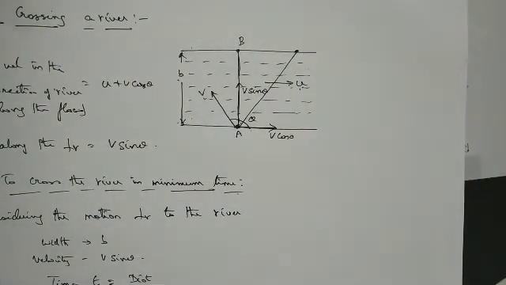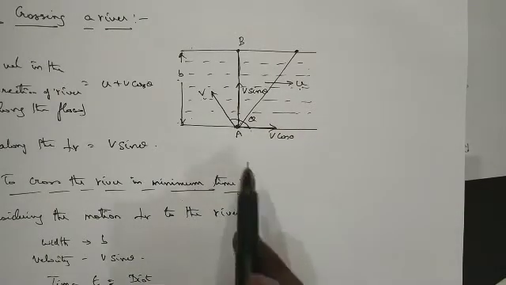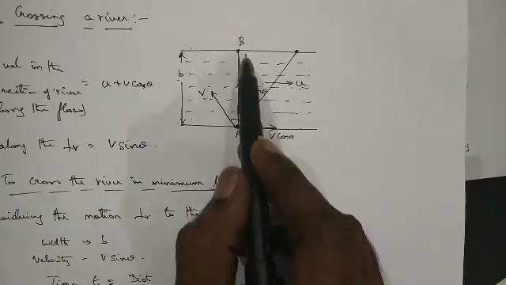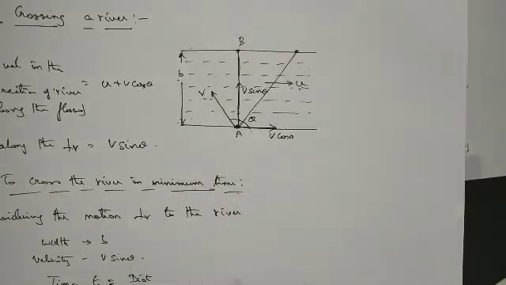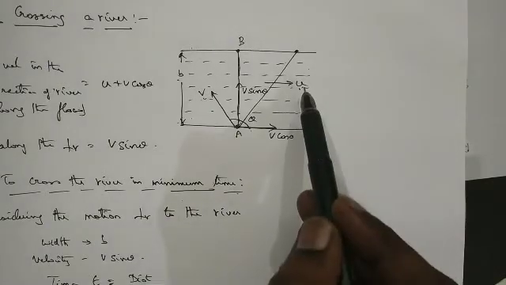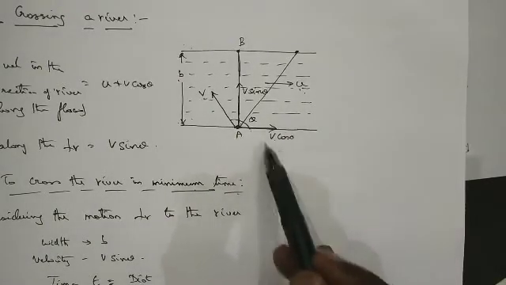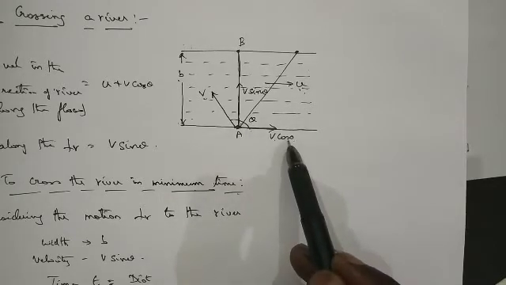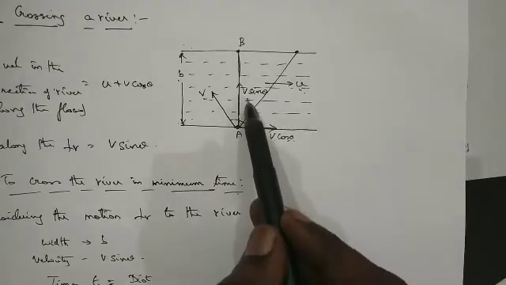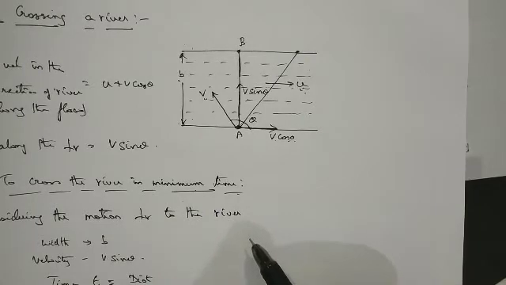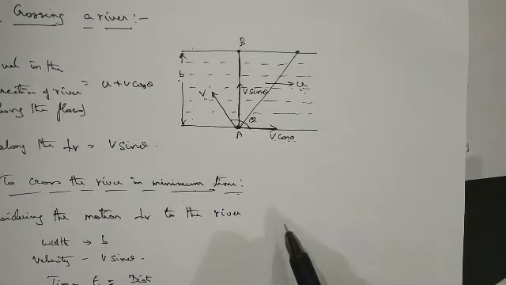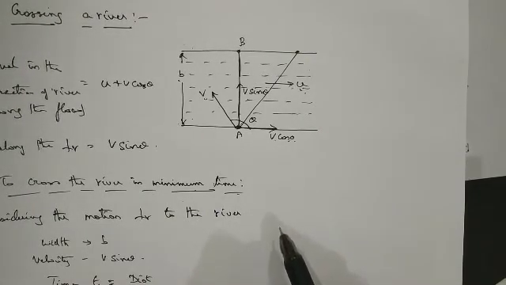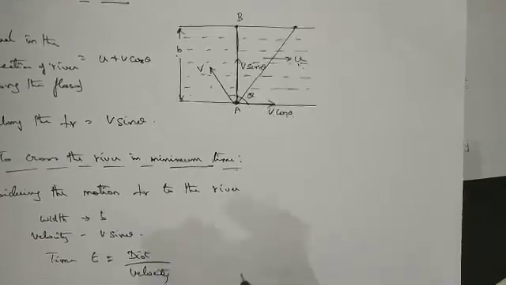He will land up in this place because v sine theta is over here, and this is going to be the value of u, because this cos theta will not be there, because cos 90 is 0. Because this theta is 90 degrees, cos 90 is 0, only u will be effective, and v sine theta will be this value here. Because of this, you will get the resultant velocity.